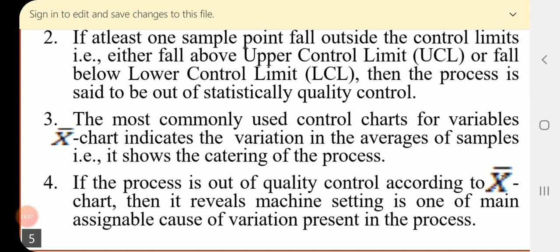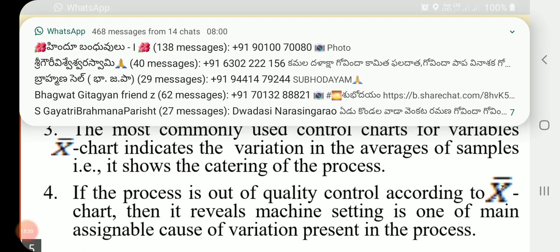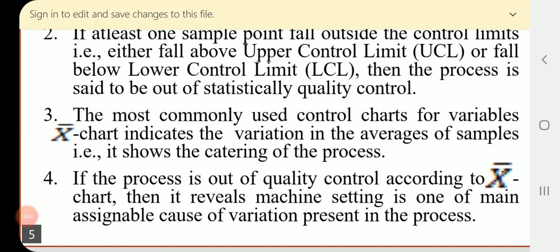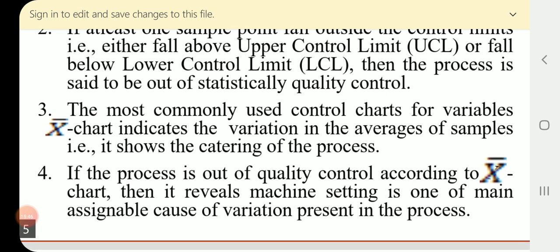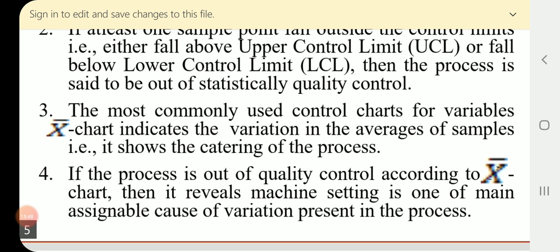So therefore this is one such indication of considering what kind of variations we can observe between the means of the samples. That is very important. So we see in the next point, if the process is out of quality control according to XBar chart,